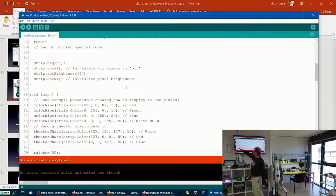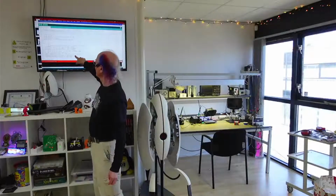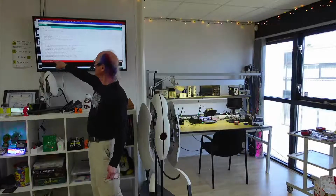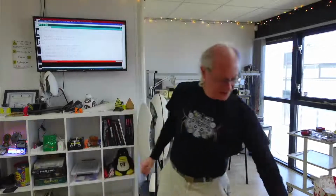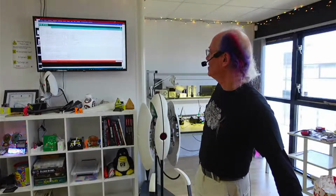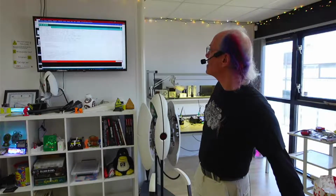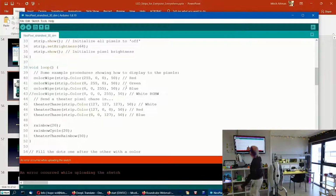Then what's called theater chase, like on old movie palaces where they have all the lights going around and around quickly. This does it in white, then red, and then blue. And then it does it in rainbow, so all different colors of the rainbow. You can go through this and see that it does all these different things. Yeah, actually that's loop. So it does what they call color wipe, meaning all the same color, in this case